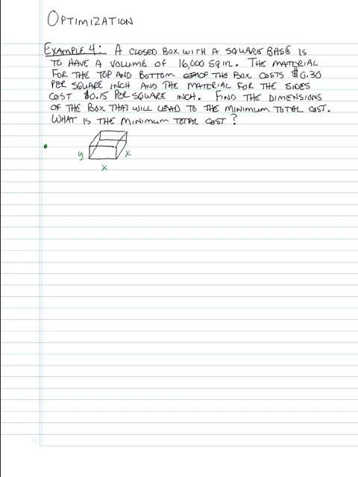Now again, we need to pay attention to what's being asked of us, and we're asked for the minimum total cost. And so we have to determine a cost function. Our primary equation is about cost. So we need to decide how we're going to determine the cost. And you see that the material for the sides costs one amount, and the material for the top and bottom costs another amount. So let's think through this. That is, we're discussing the cost